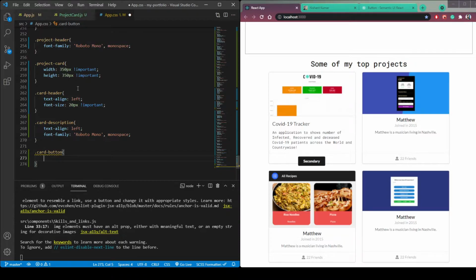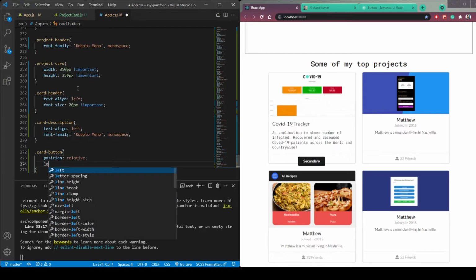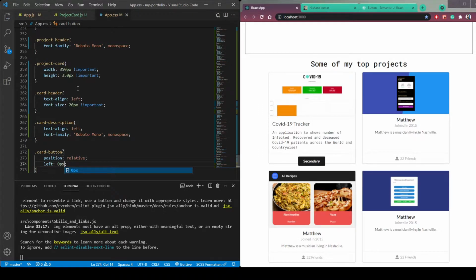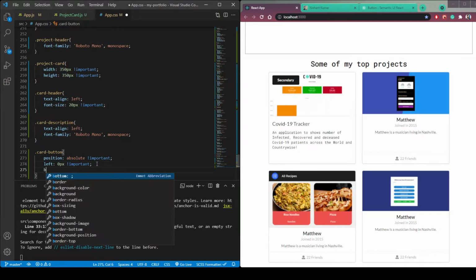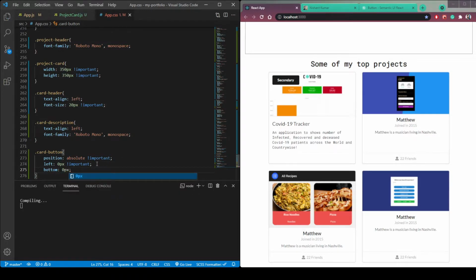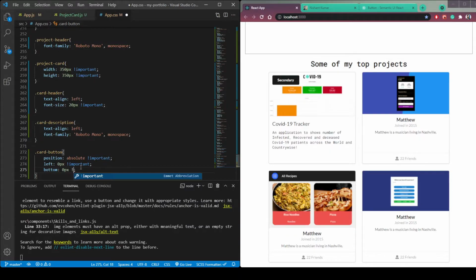Let's use position relative, left 0px, or let's make it absolute. Make it important, this too, but make it relative then. Let's use bottom 0px, important.